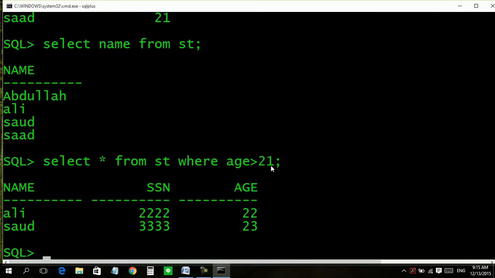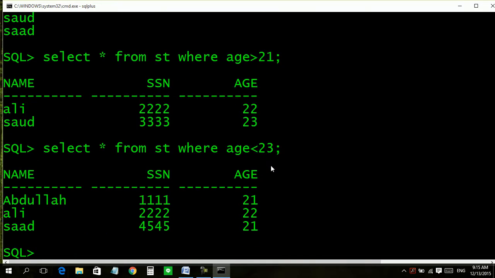Okay. For example, just reverse it. 23 and the condition is reversed. Now we are getting 3 students, Abdullah, Ali, Saad, because the condition is checked and Saud is disqualified because his age is 23, and we intend to see only those students whose age is less than 23.